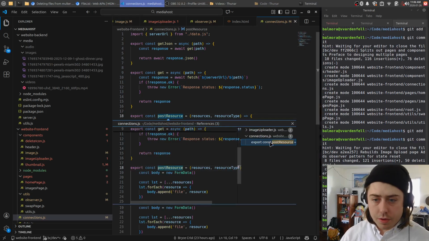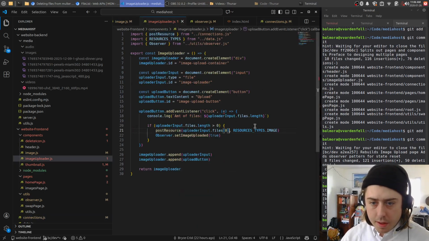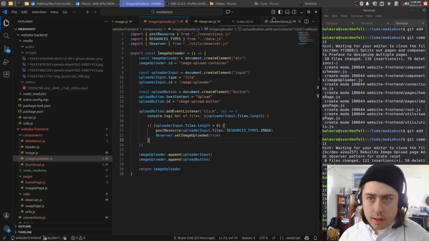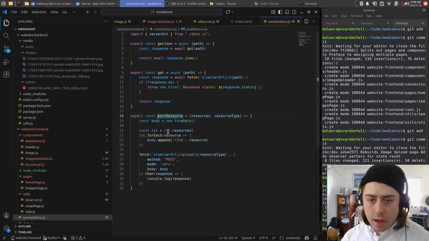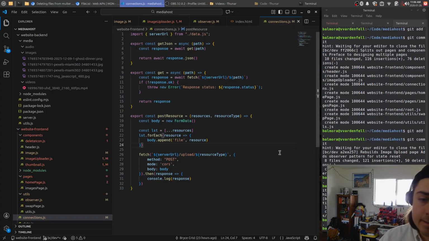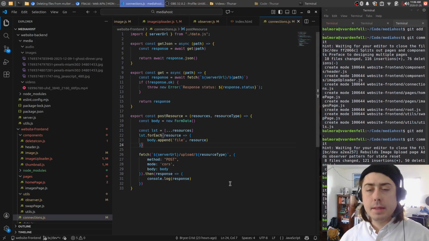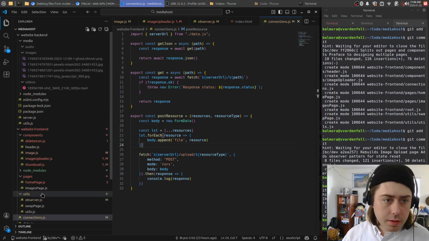And then for post resource, we need to update this. So we're just going to send the files. Okay. Let's see if we can even. Let's just see if we can count this correctly. Well, no, it should come through. It should just come through. We get a list of files. I'm just passing it in, so I don't need to double check the number of files I have. What I do need to do is go to the server side